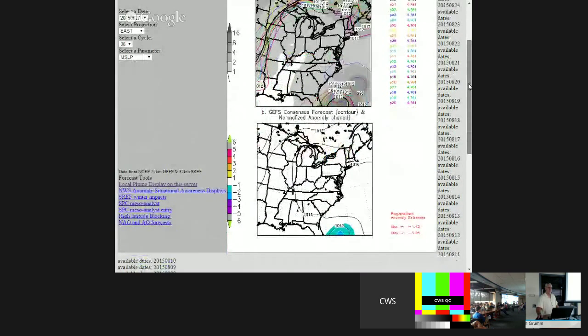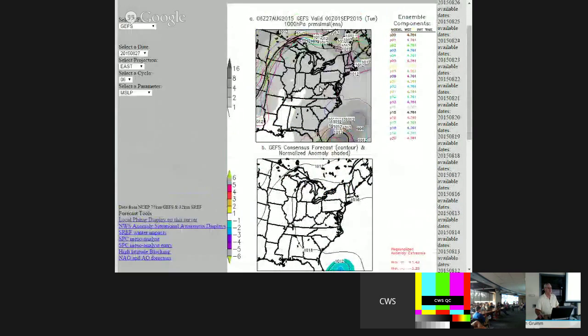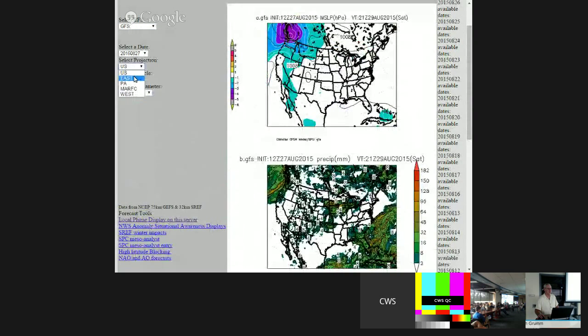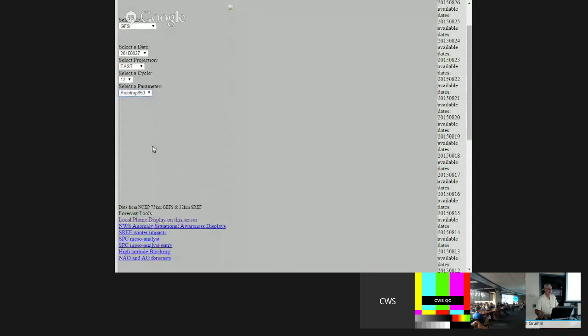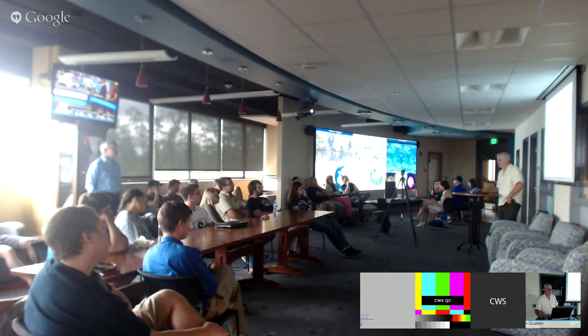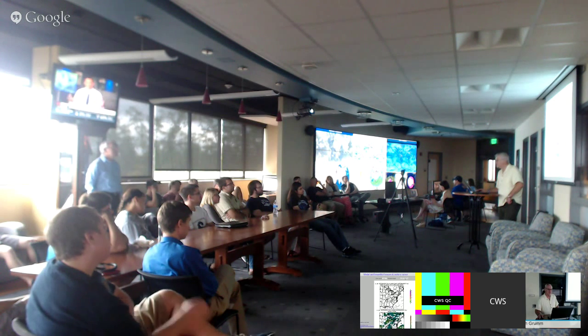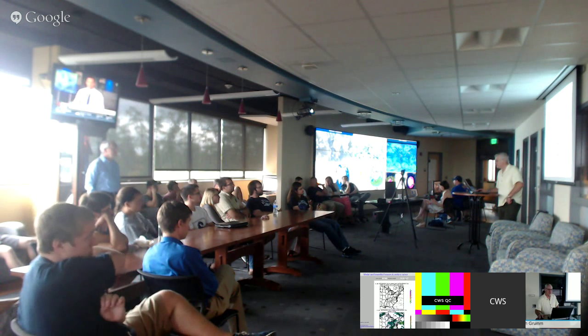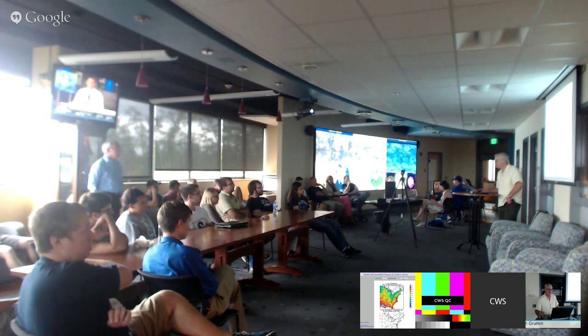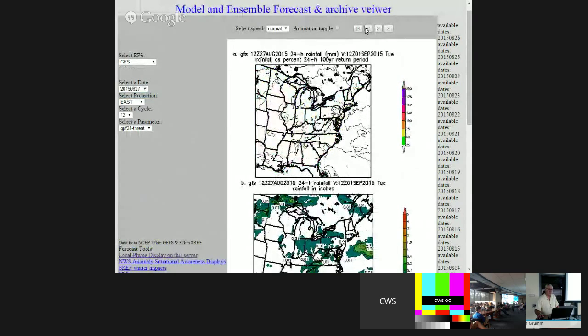The ensemble mean had the storm pretty much offshore with a lot of uncertainty. Let's try it this way, just for grins. I'm really bad with this mouse. I might not go far enough south in Florida, it's really hard to tell. But I can see some greens and yellows in there vaguely, showing a significant percentage of the 100-year return period rain in Florida potentially from the storm, at least in this model run.